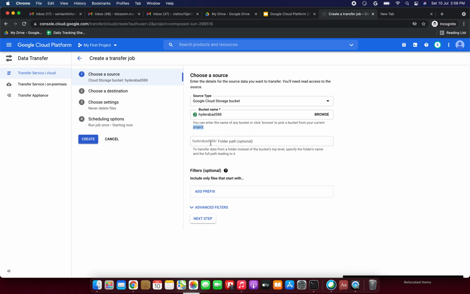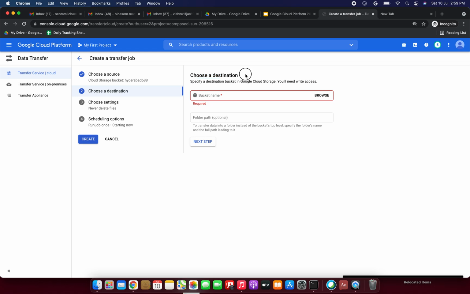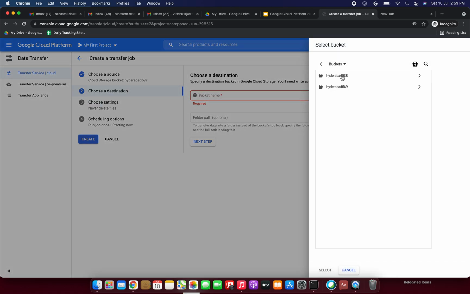Now we can go to the next step. Just click next step, and here we have to choose a destination bucket. Specify a destination bucket in Google Cloud storage; you will need write access. Then I click browse. If you remember the bucket name, you can type it here. If you don't remember, just click browse and select it.